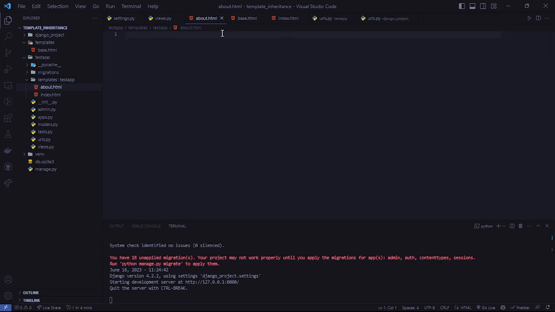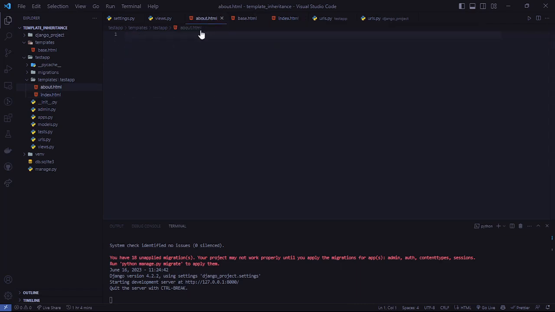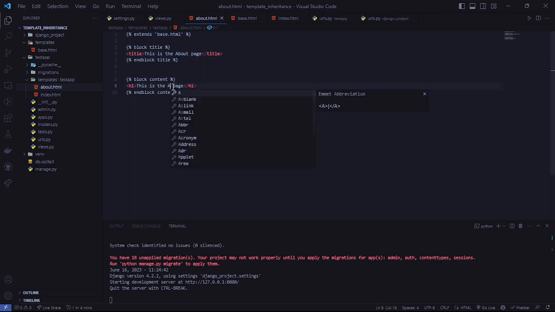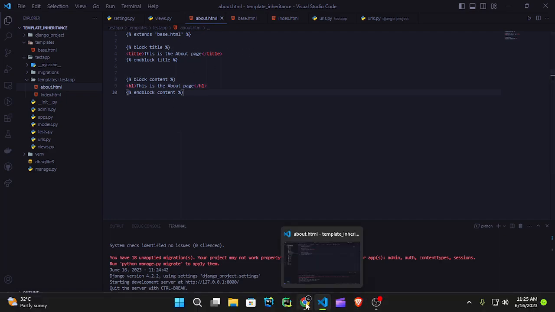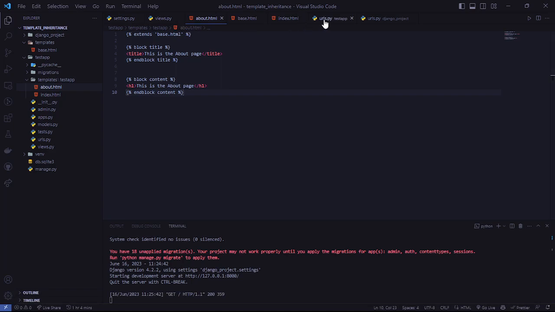So let me name it a different thing. Let me just copy this. Copy, then inside the about, you must first extend the template you are inheriting from. Then let me change this to the about page, then about page. So in the block title, this is the about page, then in the block content, this is the about page. So if you refresh, and I still don't have the URL, so